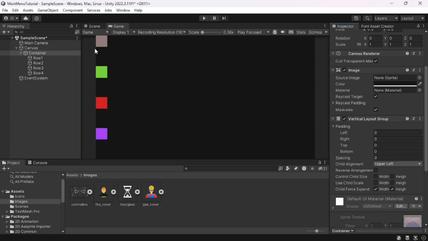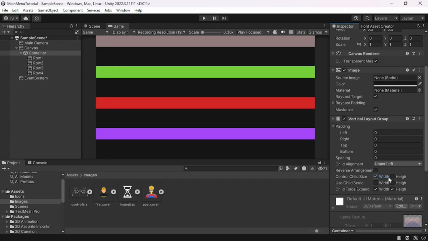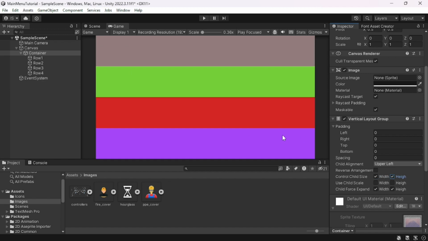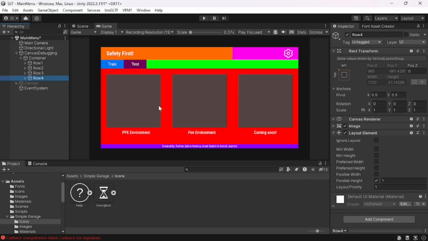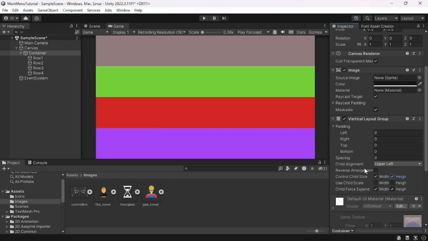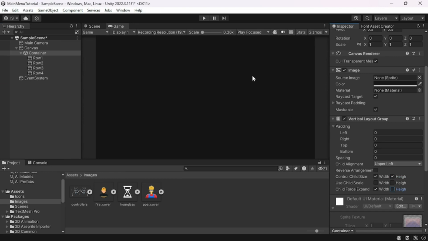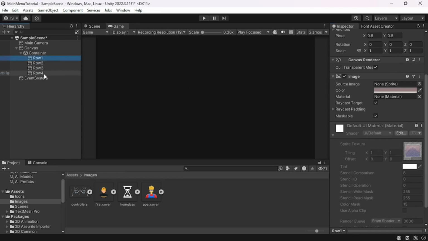Okay, so we are getting the results, something that looks okay, but we need to change the width of the rows as we like. Okay, to do this, we need to remove the height from here. You can see now they disappeared. I'll show you how to solve this. Select all the rows again. Go back here and add the